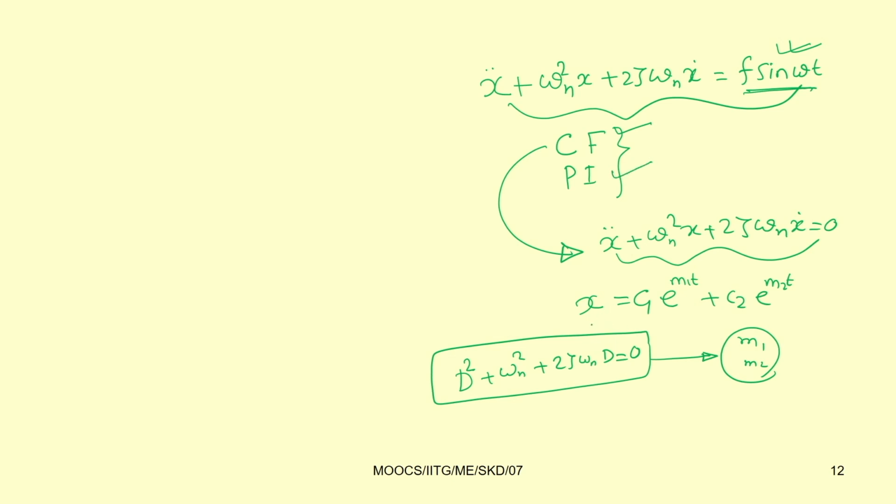When you solve the complementary part, C1 and C2 are unknown, and they will depend on the initial conditions. After getting the particular integral solution, you can add these two parts and you can get the